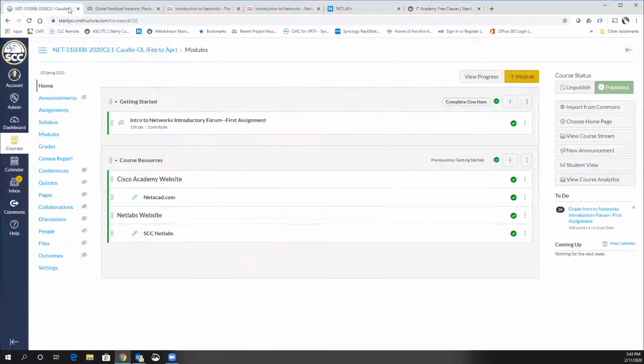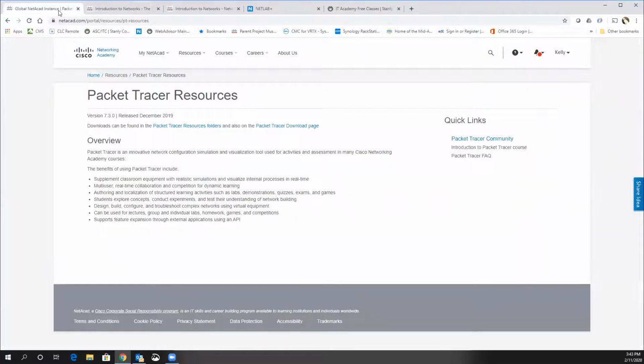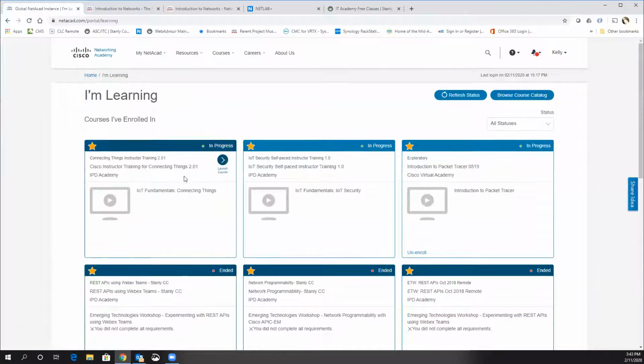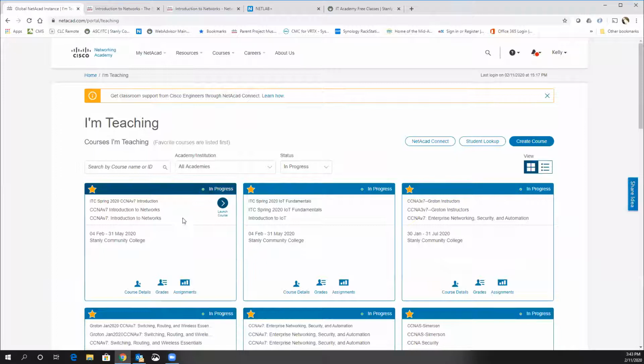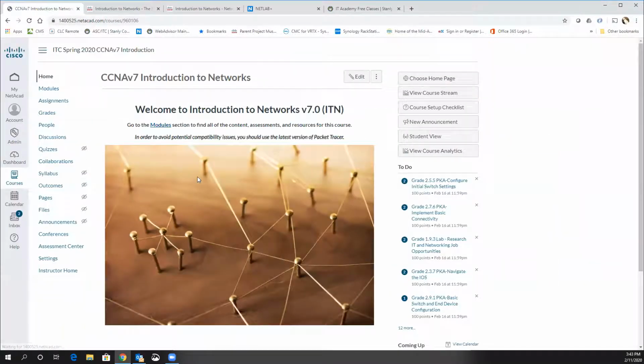Okay, so what I want you to do at this point is I'm going to go over one more time our different places. Netacad.com, once you're logged in, on your I'm Learning tab, you should see your class, which for you is going to be that Introduction to Networks. You're going to click Launch Course, and then you're going to use the module section to find all content and assessments. So you can click here or here, and you will see all of the different modules